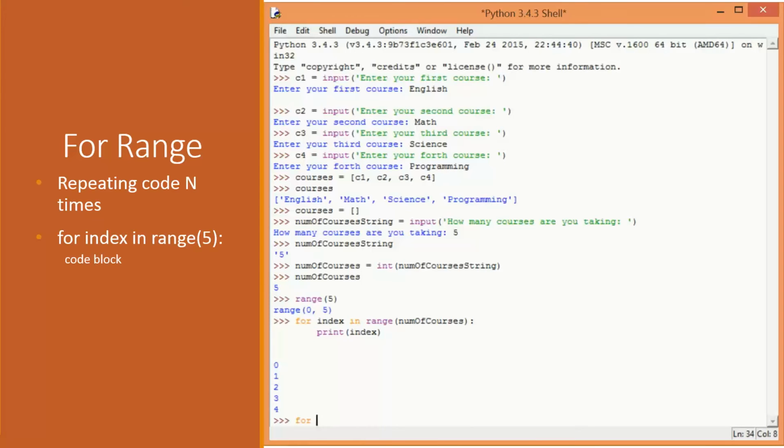So what I want is for index, and remember I have to create a variable name here, and each time that variable name would be assigned the next item in that sequence. So because the sequence was a list of numbers from 0 to 4, when I print the index, it'll give me 0, 1, 2, 3, 4. So for index in range,